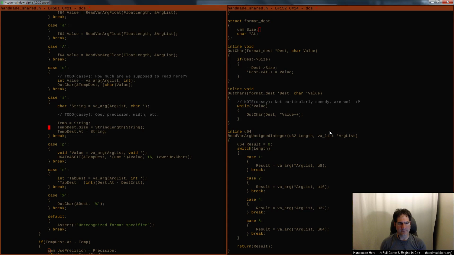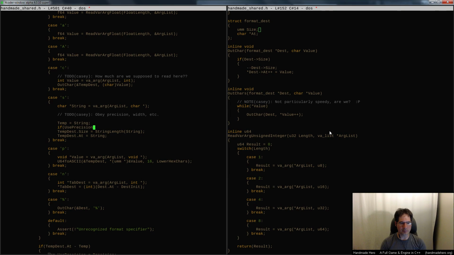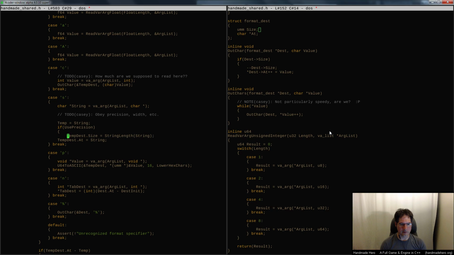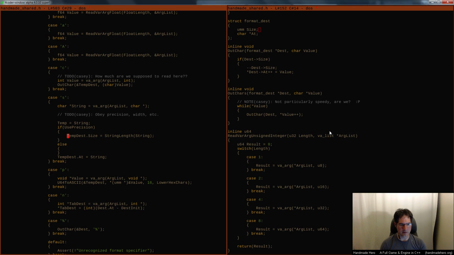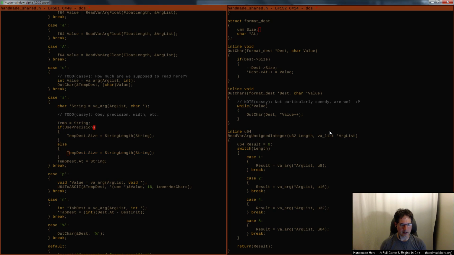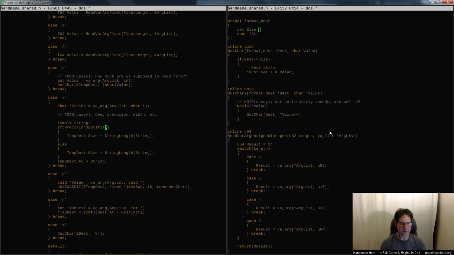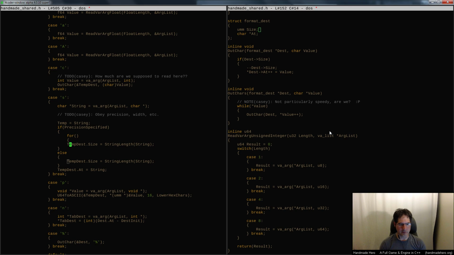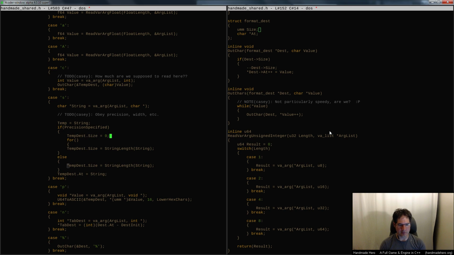So what I might say is, well, if precision specified is on, then we need to only look as many as there are actual precision things, right? So I would want to do something like temp dest size equals 0,